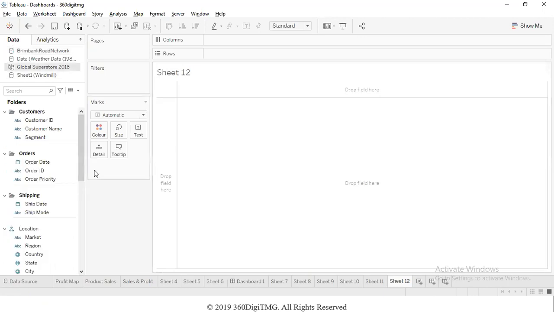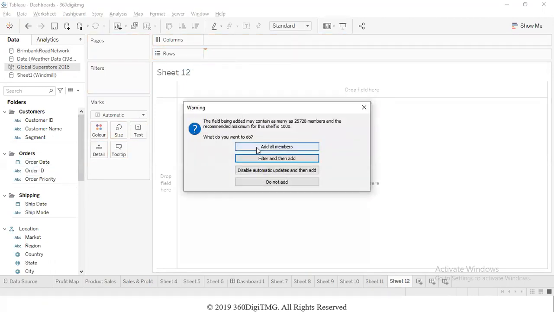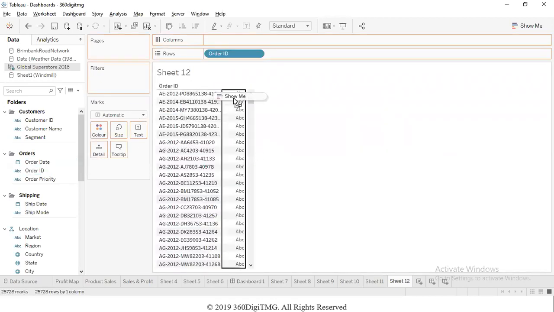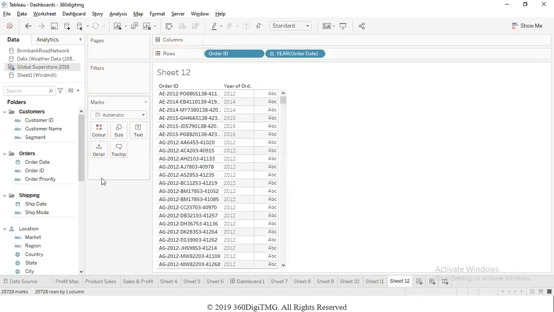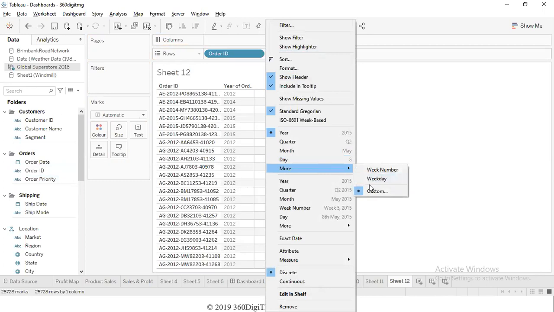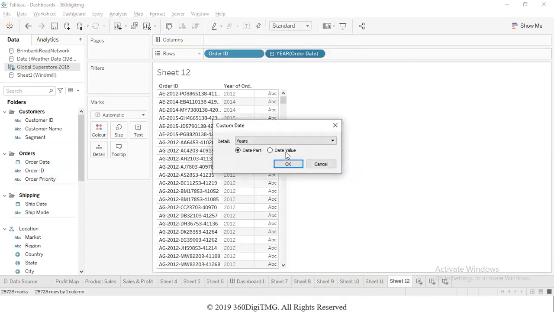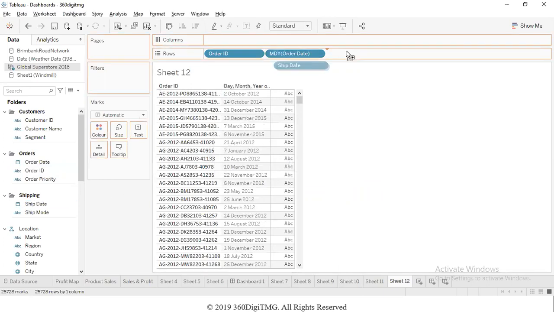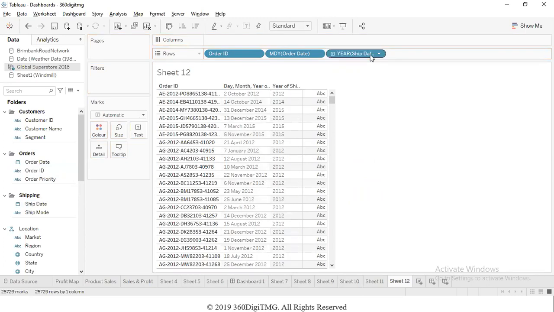Now we can also manipulate dates and get what we want. For example, in this case, let us say we have different orders. A customer comes to the store and places an order on a certain date. Let me show the exact date. Then we would be sending the order to them on a certain date. That would be the ship date.